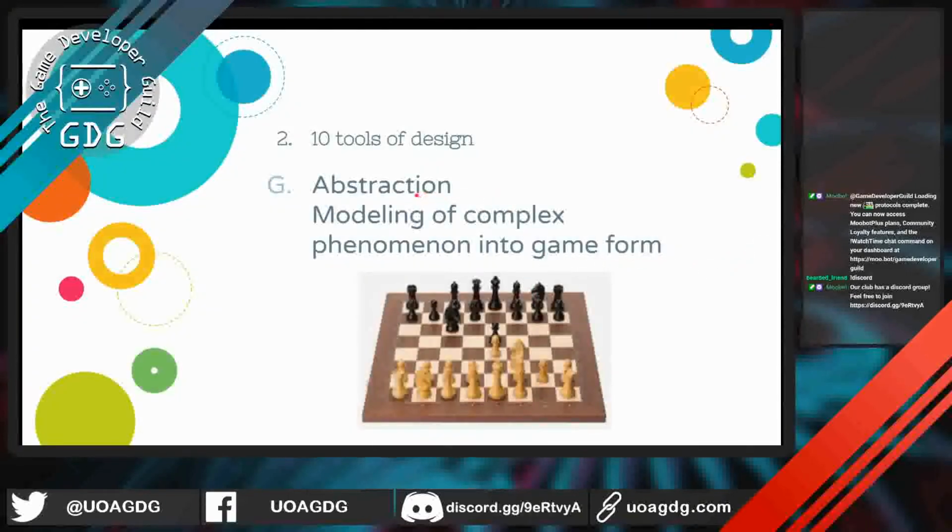Abstraction. This is a pretty complex tool to understand. Basically, by abstracting a concept in real life, you could give better intuition for the player. For example, I'll use chess again. It's actually a war game, but people usually don't think of it as abstract, because it's just pieces. Like, how could this be a battlefield? No, a battlefield is not square. But you instinctively know from the pieces and the fact that the pieces are based off